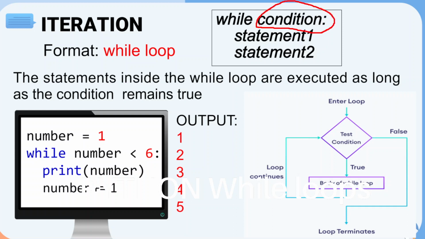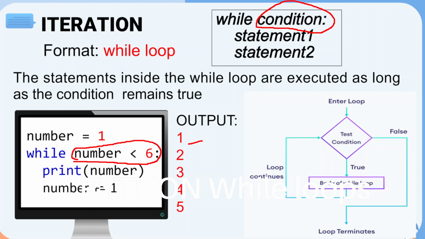This is where you're going to put your condition. In this case, the condition is number less than 6. So what's the equivalent of the number here? Number is being initialized with 1, and the condition here is while number is less than 6, then it will print the number first with the 1,